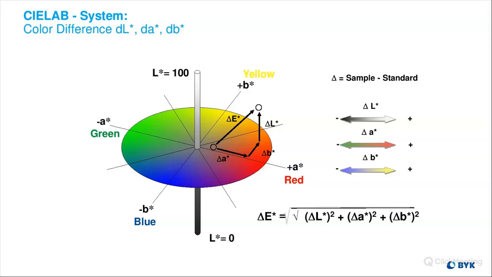So tolerancing can be anything. It's fully custom, but as an example, if you have a delta E tolerance of 1.5, anything under 1.5, you would say is passing, and so that product would pass. But anything over that difference of 1.5, that would be failing, and that's when you would have problems in your production or manufacturing.